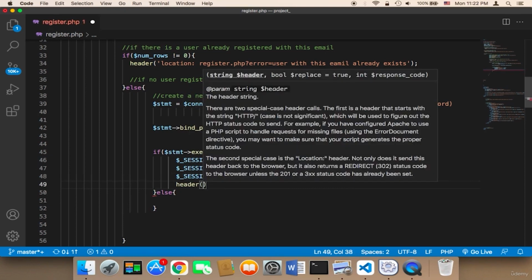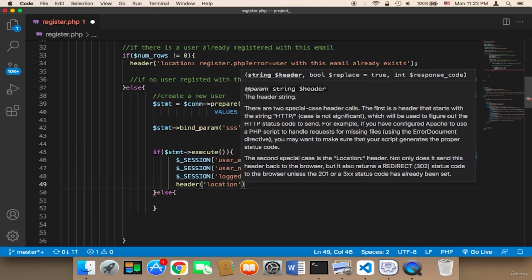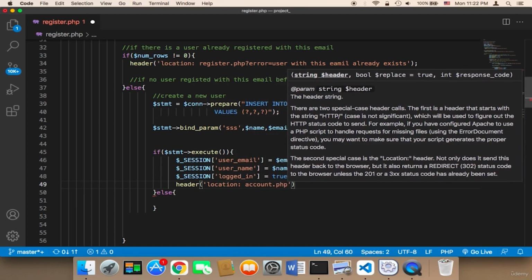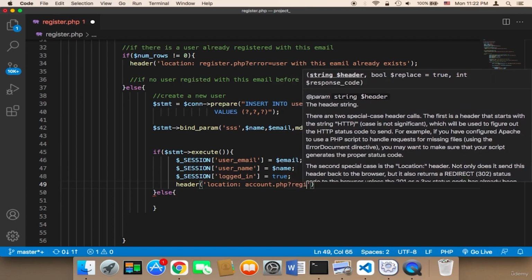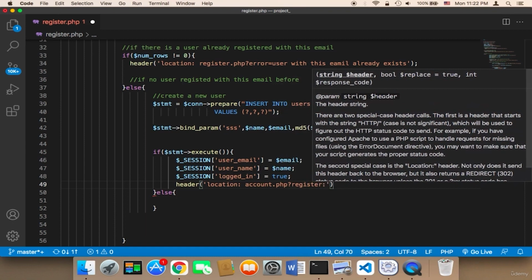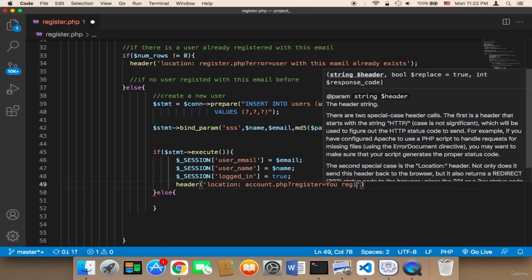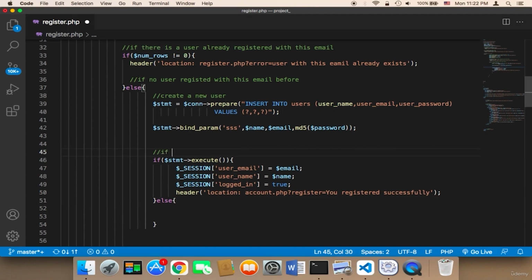I'm going to say header and then location and then account.php, and I'm going to say here register is equal to you registered successfully. That's it. Else, if the account was created successfully,